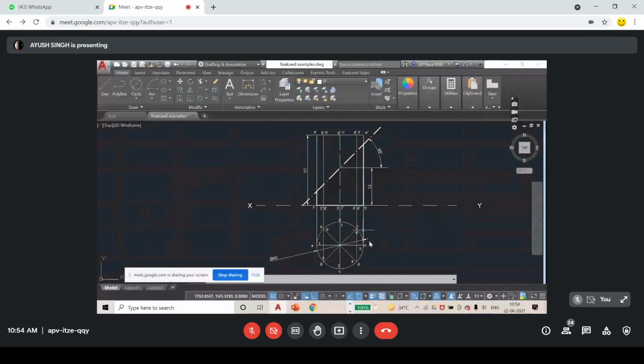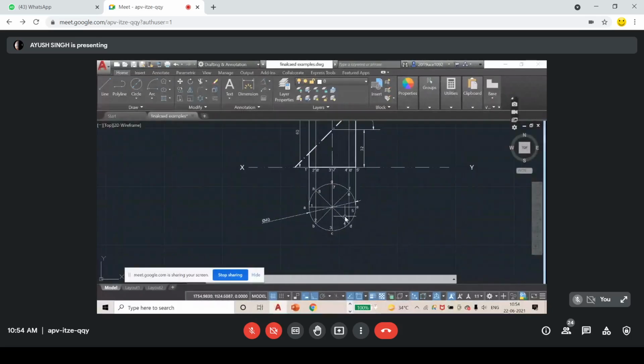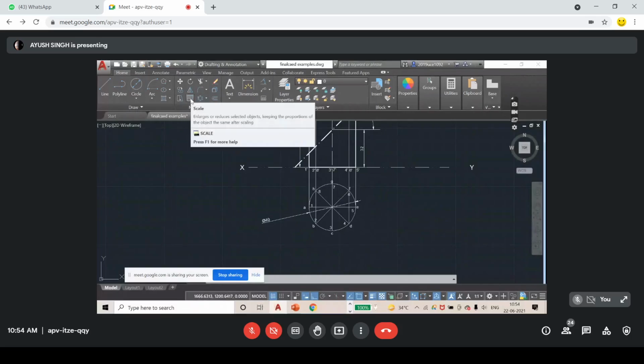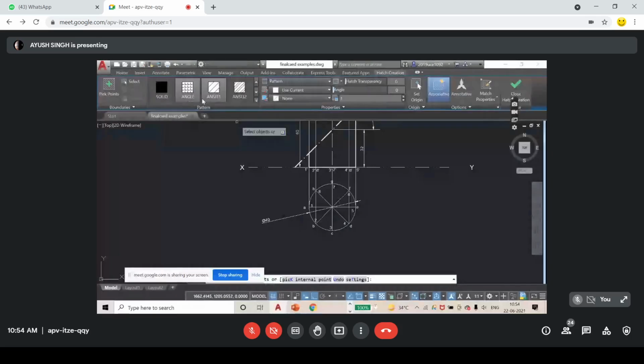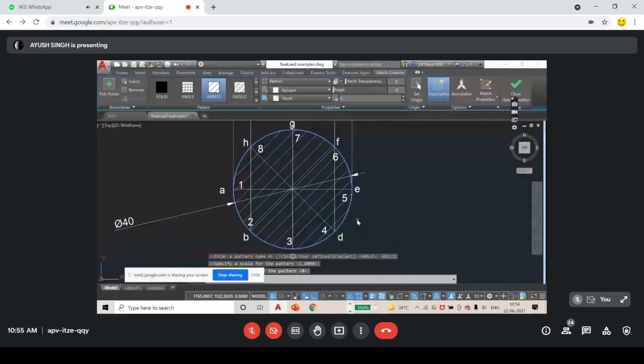So it has the same diameter, and whenever you show a section, you have to hatch it. If you are doing it on copy, then you must have drawn dash lines. For hatch, you go to the hatch option, or you press hatch and click here. Right now it is selected at angle. I need this ANSI 31. So it has hatched. Now escape. So this is my sectional top view.